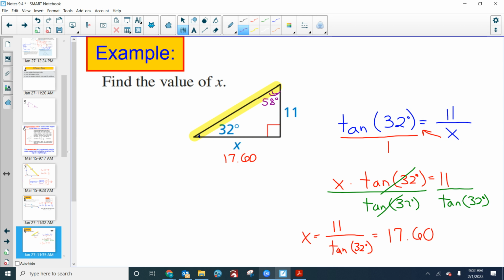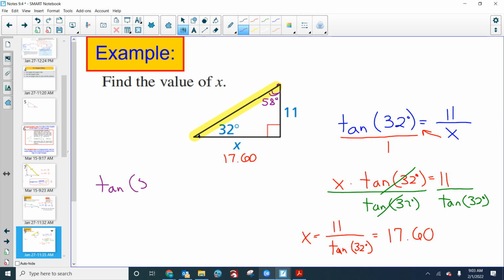Okay. You ready? I'm going to double check my work. And this is just practice. I'm going to put my finger on the 58 degree angle. We're using tangent again. Why? Because we're trying to find x. X is the what from my finger? Opposite or adjacent? And 11 is the adjacent. So ready? The tangent